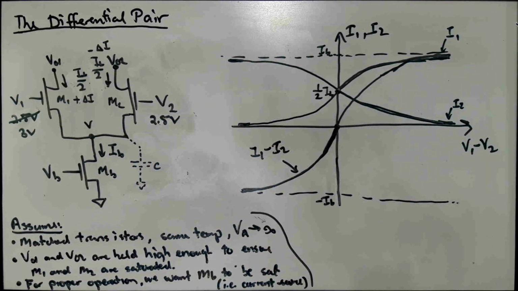Okay, so that's it for this segment. Next time we'll actually try to do a large signal analysis of this circuit and try to find some expressions that relate the output currents to the input voltages. And we'll actually find that for weak inversion and strong inversion bias cases, we can actually make some headway on that. But it's important to try to understand the circuit qualitatively before we start plowing through the math,